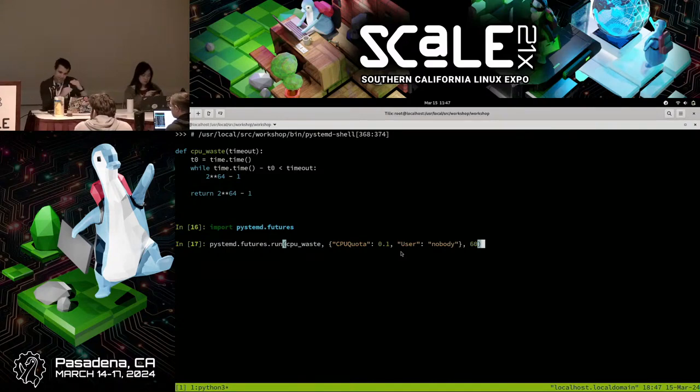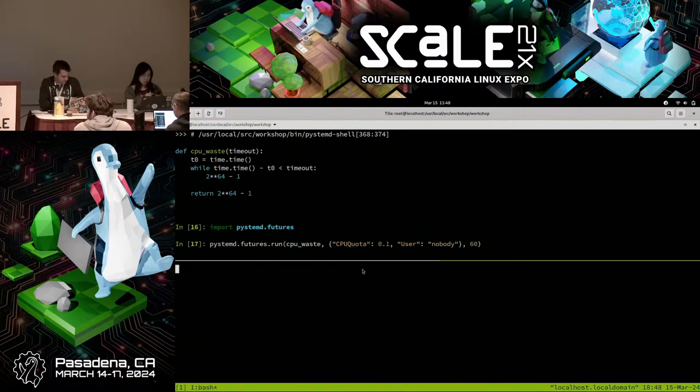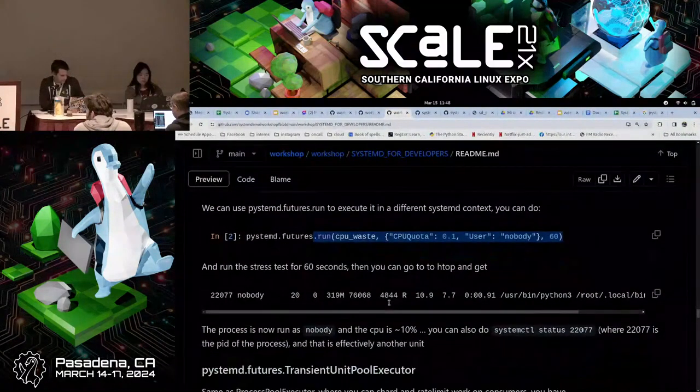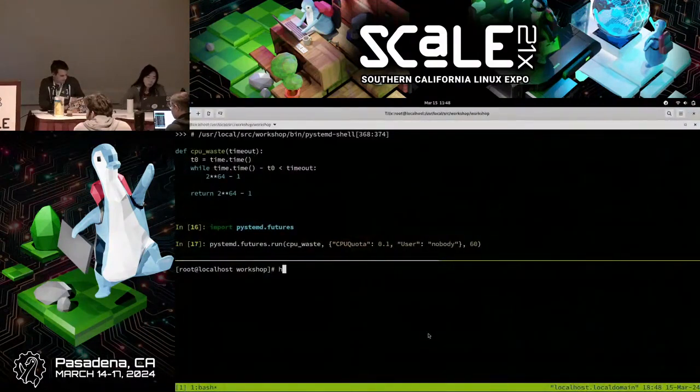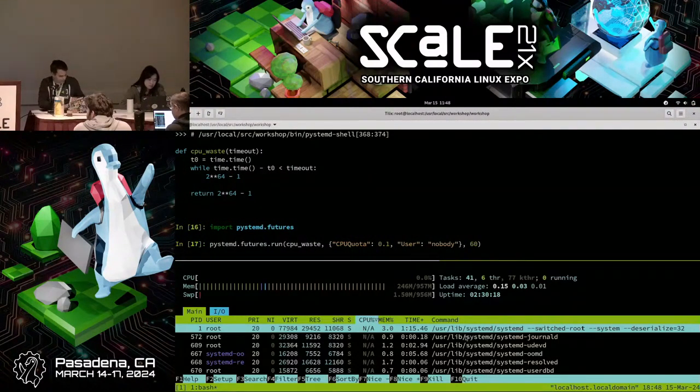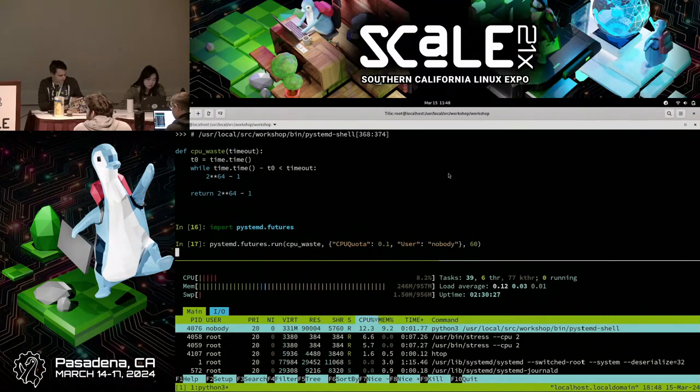So it's basically like this section of the code that I want to run with a different C group. And I do this. And if I do htop here, you are going to see that there it goes. It is utilizing the CPU there, but you can see that I am using just 10% of the CPU,